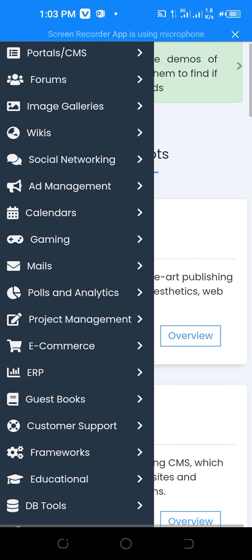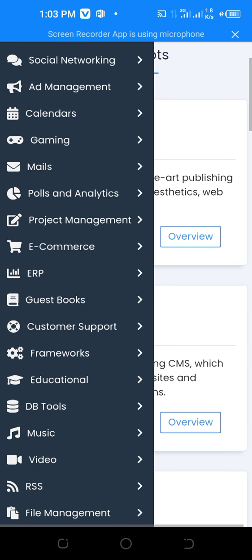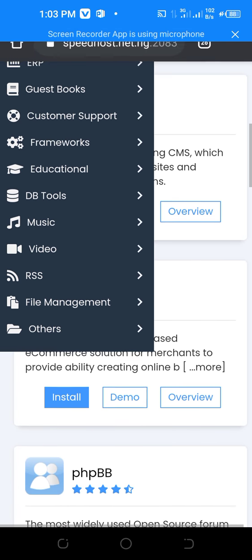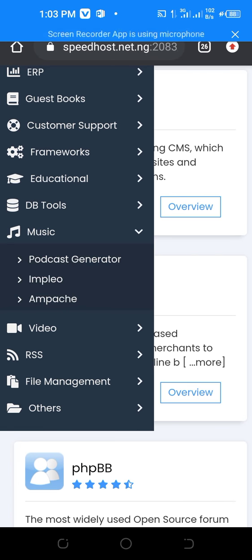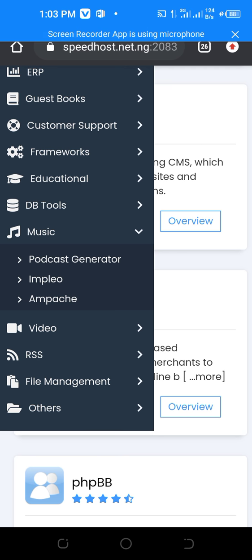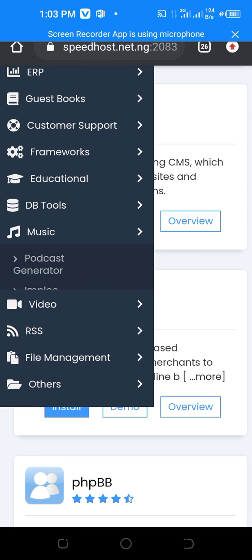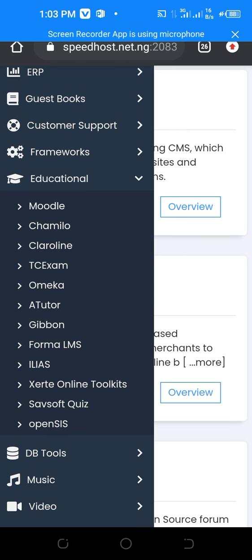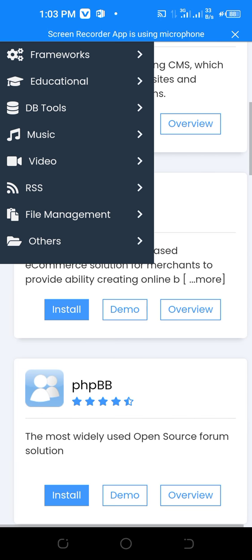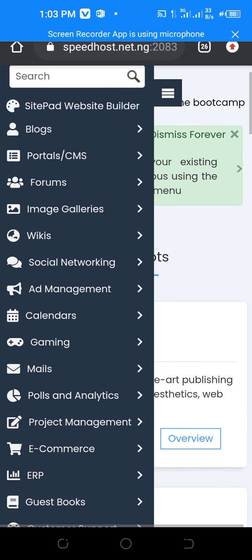Everything you are seeing here is a CMS application that you can use to build different sites. If you want to build a music site, you can come to music and choose Podcast Generator, Impleo, Apache. All of them are CMS. For educational, you can see these are CMS that you can use to build different types of sites